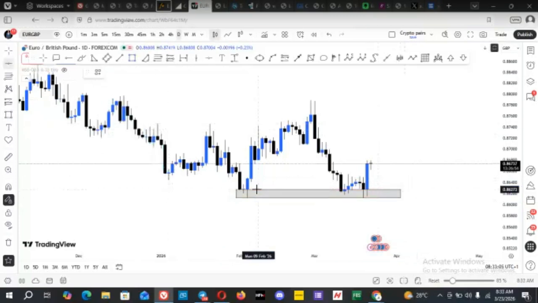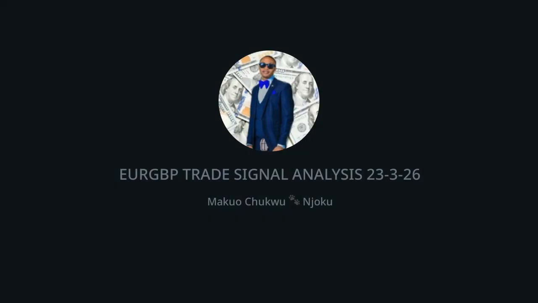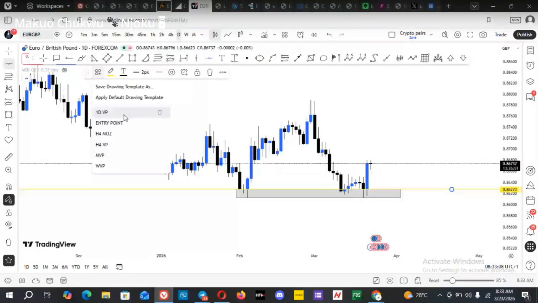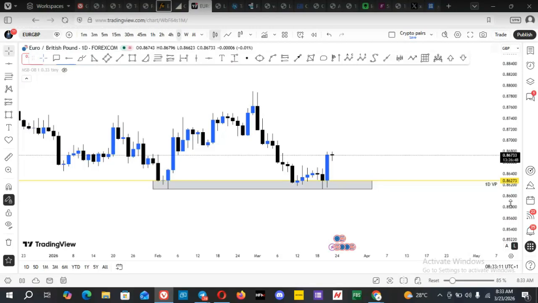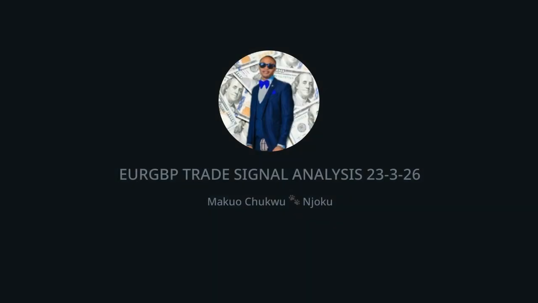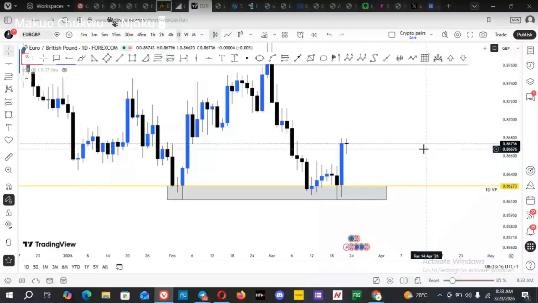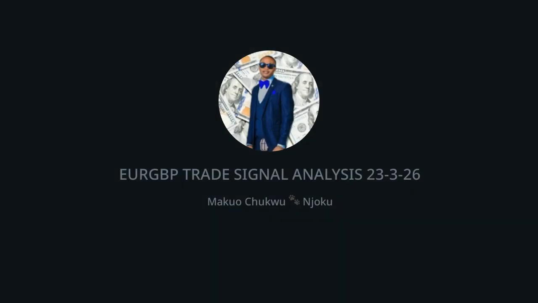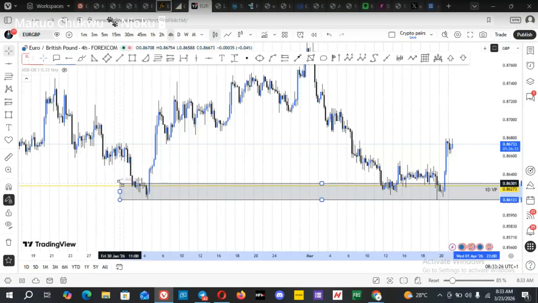Okay, so we'll mark a level like that, and this is how we spotted this particular level. It's a demand zone, and we have unfulfilled efficiency there. So we went down to a time frame like the 4 hours time frame. And on the 4 hours time frame, we also marked out a 4 hours demand zone here, which has unfulfilled efficiency, because